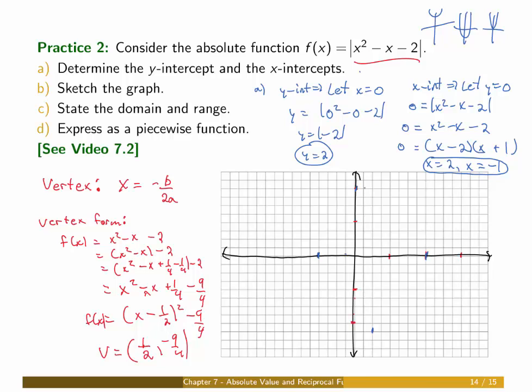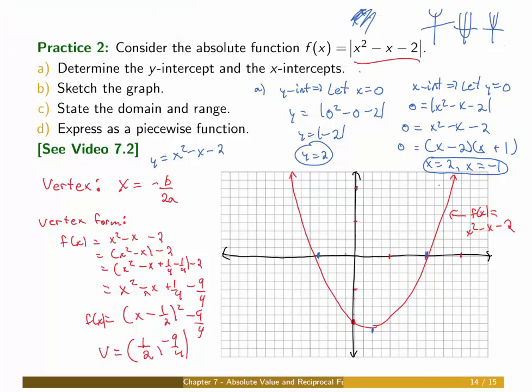However, for the non-absolute value function, that is x squared minus x minus 2. If you were just to graph this function, I'll do it in red because that's what we did before. This would be where the intercept would be, and what you would be left with is this graph. Okay, this is the graph for f of x equals x squared minus x minus 2, but we're interested in